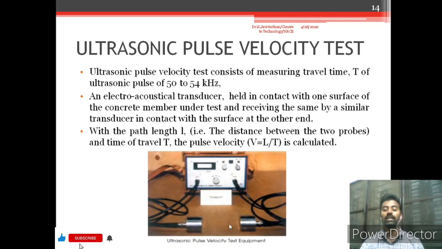After transmitting the ultrasonic pulse wave, you receive it through the other end. The travel time identified here is used to measure the concrete strength, as well as other parameters such as crack identification, pores and heterogeneity. These are the things which can be identified. Also an important factor known as the dynamic modulus of elasticity. So these properties can be identified by using the ultrasonic pulse velocity test. The depth of a crack you can identify.